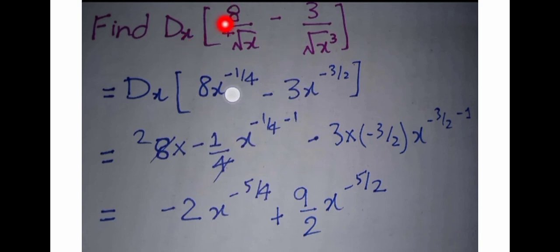Then again we have a derivative, and if we have something in the denominator, we can move it into the numerator and the power becomes negative. This constant term comes in the front, and the exponent is multiplied with the constant term, and then we can simply subtract 1 from the exponent, and we get this answer.